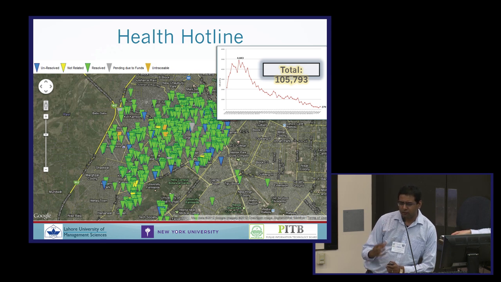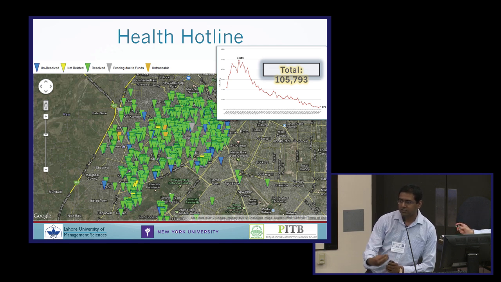And based on their rough location, you can get structured tagged information about various aspects of why they are calling in. People could call in because there is a large swamp of water and they're seeing a lot of mosquito breeding. Or people could call in because they might be sick and need to know, do I have dengue-like symptoms? So people call in for anything related to dengue if they're even suspicious.